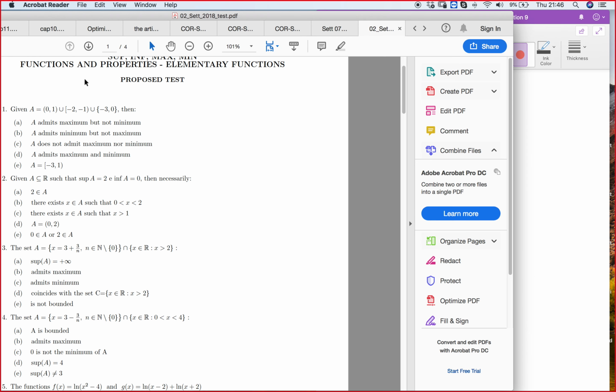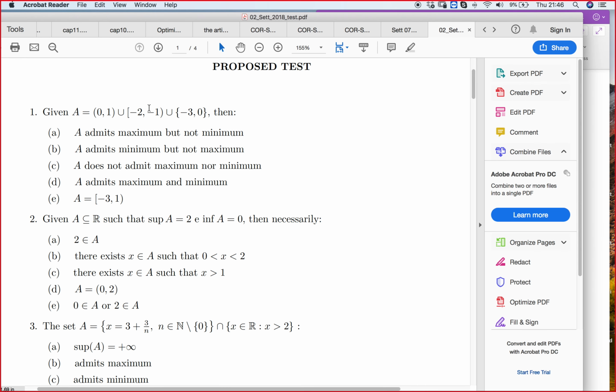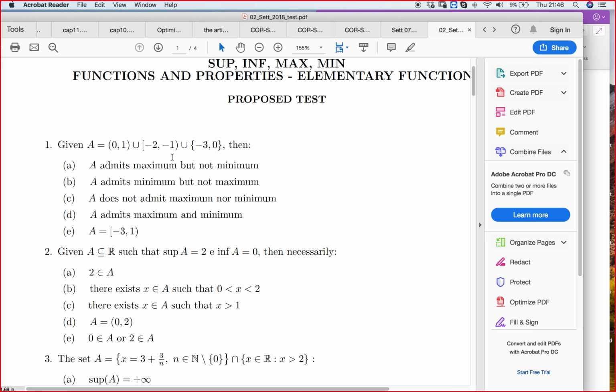Okay, so we start with question number 1. The question says that given the set A equal to the interval 0 1 union minus 2 to minus 1 union minus 3 to 0, then so